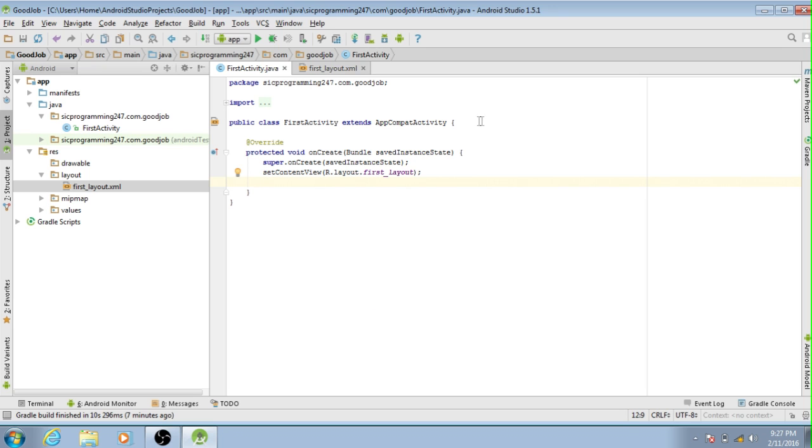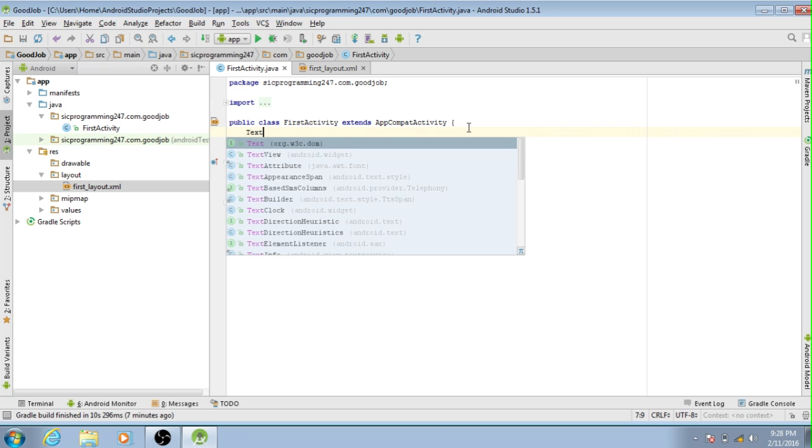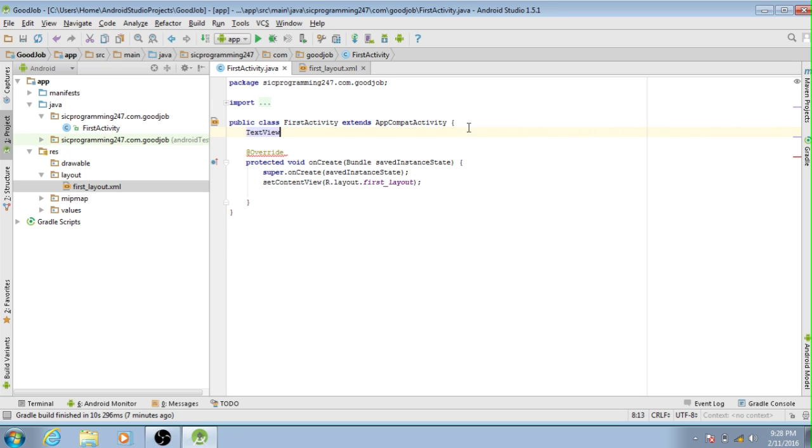Let me put this up here first. Let me tell it, I need a text view. Text view, lowercase. Let's go down here now. I should be able to type in text view, and this. There we go. That should work. Text view is going to be equal to the text view, and we're going to have to